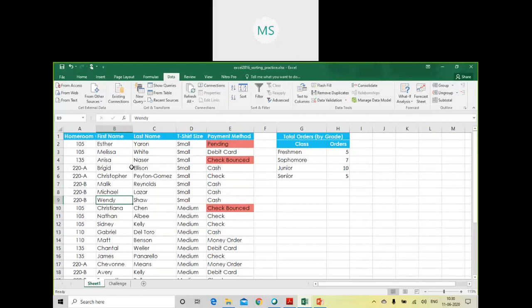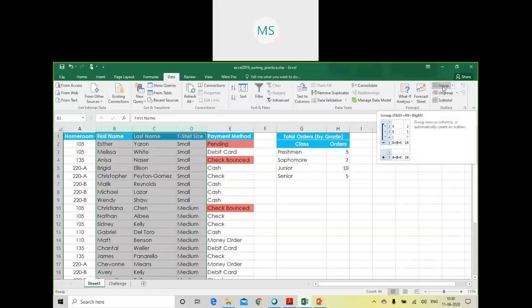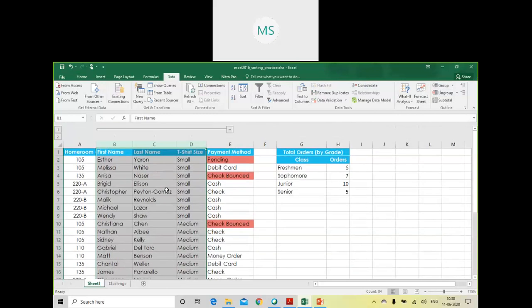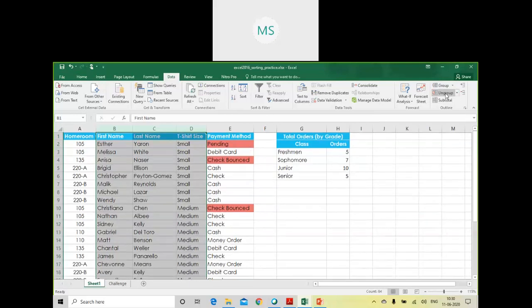The previous example which I have demonstrated was for a section of a sheet. Now what if you want to group the entire column? Suppose I select B, C, D, the entire column, and I want to group it. The moment I click on it, it will not ask me to perform group row wise. Why? Because I have selected the entire column, so it will by default create a group column wise. If you want to hide, you can hide it. If you want to expand, you can expand it. And if you want to ungroup, you can ungroup it.